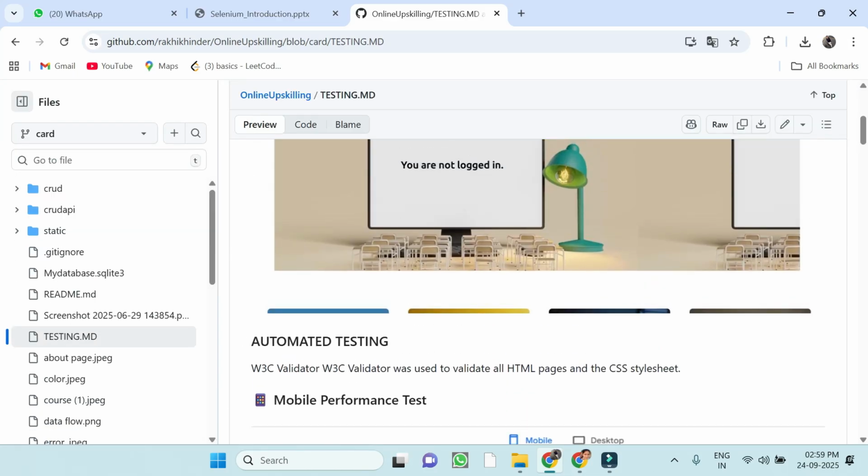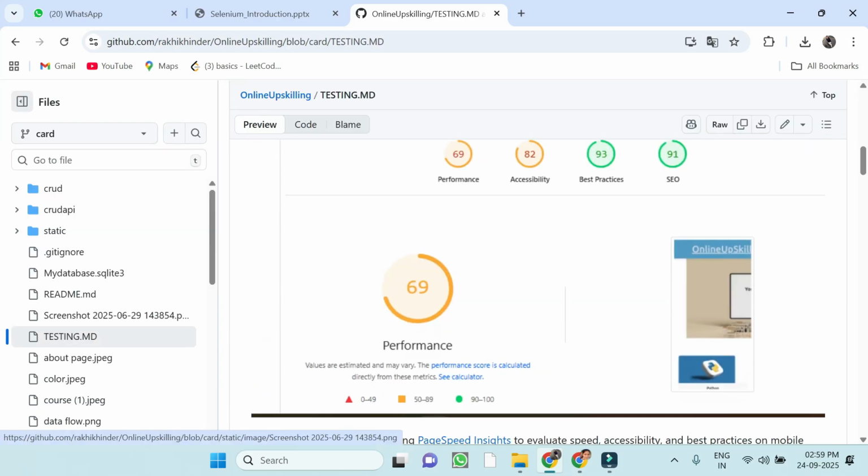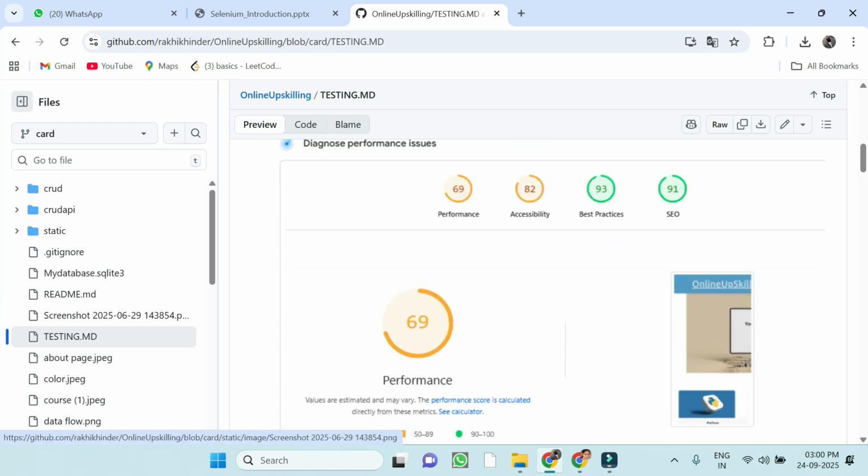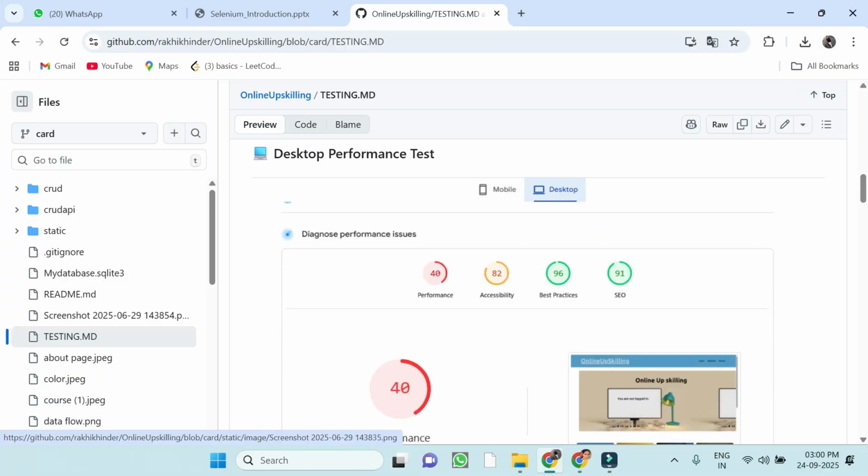This is a non-functional testing file, you can say automation testing. You see performance, how well your website is performing: performance, accessibility, best practices, SEO. You mention everything here, you take a screenshot and add it to your testing file. This is the testing admin readme file, or MD file. Yes, JMeter, I give some reference, and there are also some tools available like JMeter. So you see everything as I mentioned.